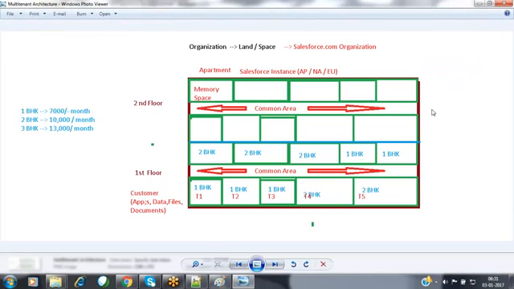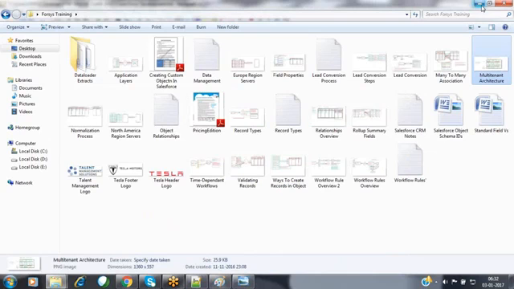This is my entire Salesforce instance. Inside my Salesforce instance, for each and every customer, Salesforce allocates some amount of space. This is called our Salesforce.com organization. Now, this is one organization here, like we have already discussed.